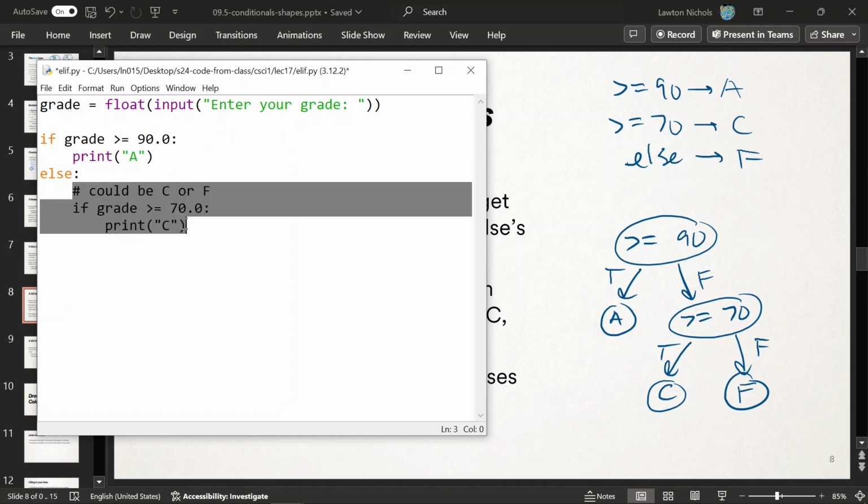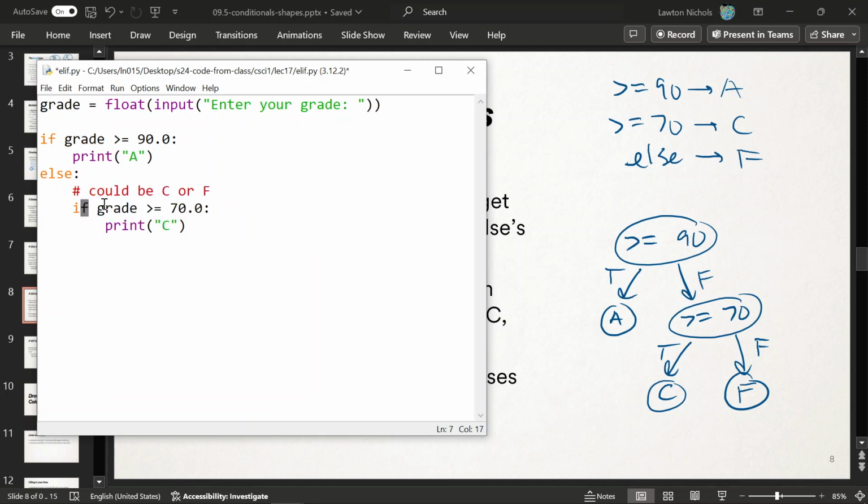I know if I ever got to here, it wasn't greater than or equal to 90, so it's strictly smaller than 90. And then I'll check if it's greater than or equal to 70, that'll mean it's a C. See that? And otherwise, else, if that's not true, so I knew it wasn't greater than or equal to 90, then I also know if I got to this else, it wasn't greater than or equal to 70, if I ever got to here. And so that means it must have been an F. See that? You see how this code translates exactly to this flowchart diagram? It looks a little weird though, like yeah, you got an if else within an if else. It's a little ugly,